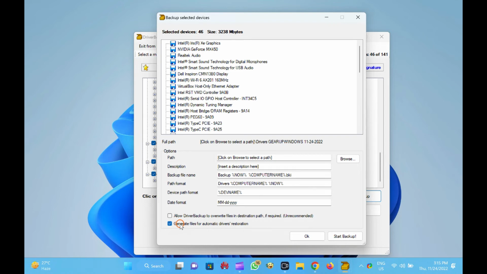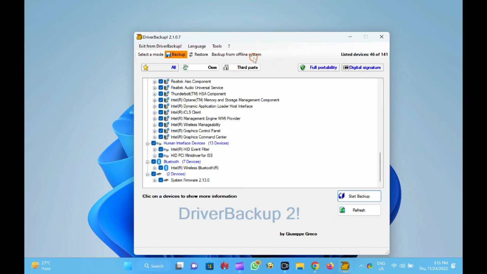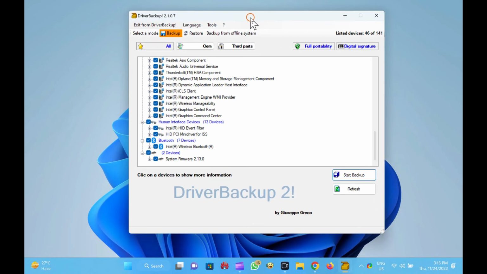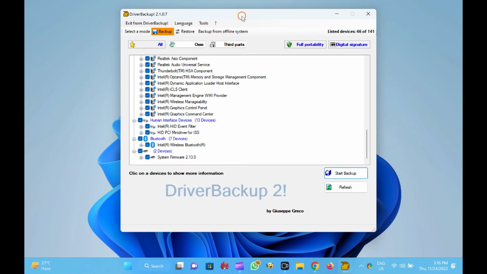Facilities that are provided in Driver Backup software: Backup and restore of Windows drivers, including third-party devices. Drivers backup is possible from offline or non-booting systems. It is convenient if you lose the driver's disk and have no idea about the hardware. Compatible with 64-bit systems. Automatic generation of autorun files for drivers restoration. Advantageous option to create a DVD or autorun USB drive to install the software on the PC.